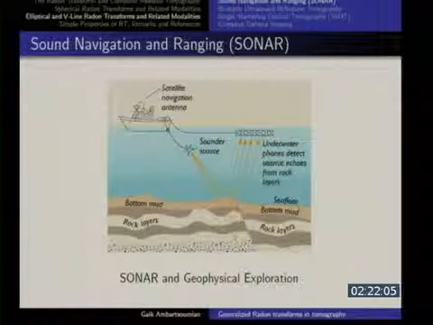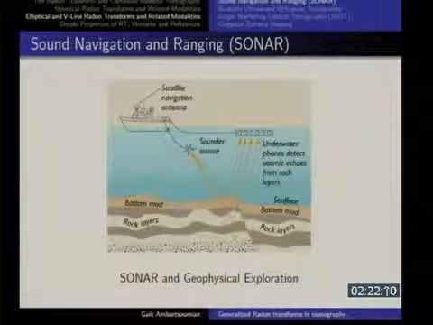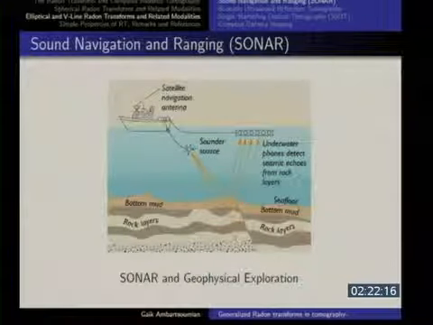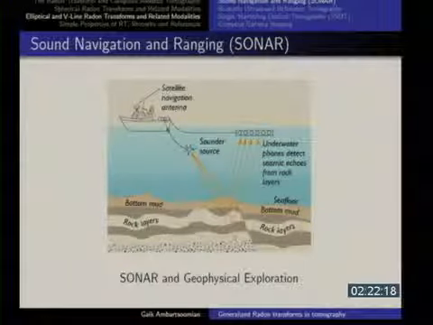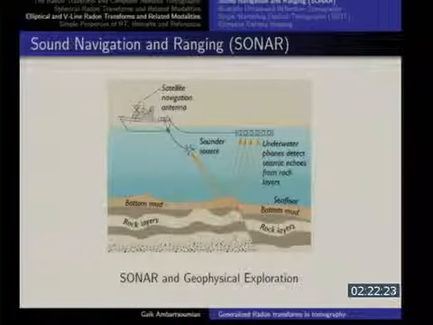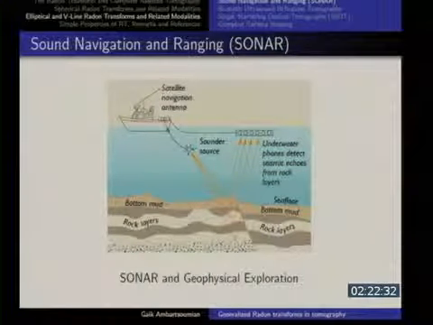Some of it reflects immediately from the bottom of the ocean, some of it goes through the mud and reflects from some rock layers, some of it goes even further and reflects from the layer between rock and, say, oil, and some of it goes further still. So the echoes come and the echoes are recorded here. Now, let's assume that you have just one receiver here. Forget about the others. So you have the source and you have the receiver.